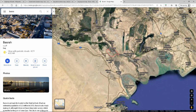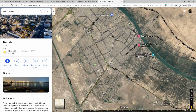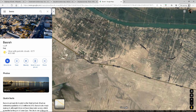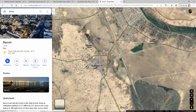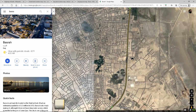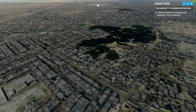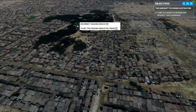Nasiriyah, Safwan, Basra. Oh wow. Is that it right there? It looks like a shrimp. Yeah, that kind of, and then there should be, yep, here and here. Okay, so we are in...